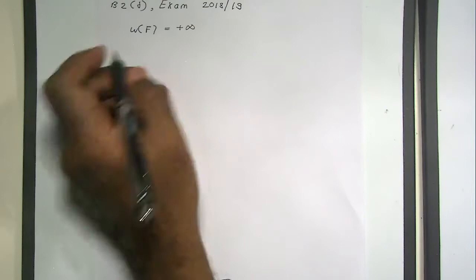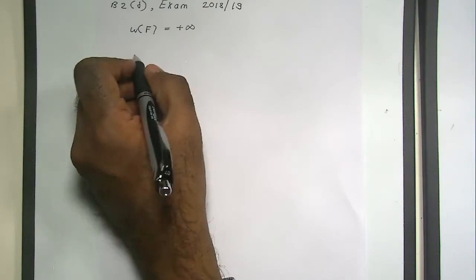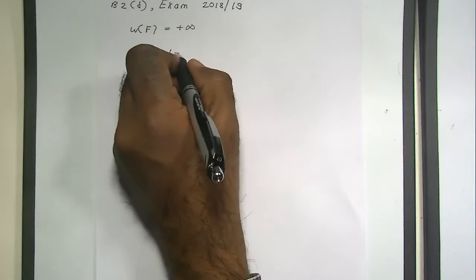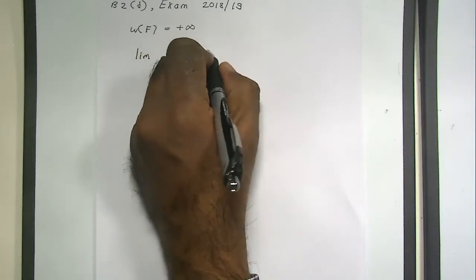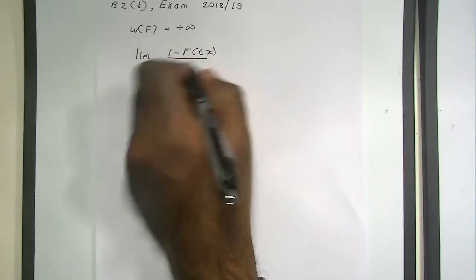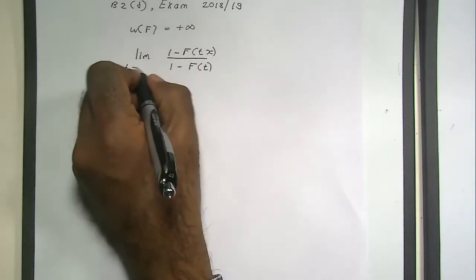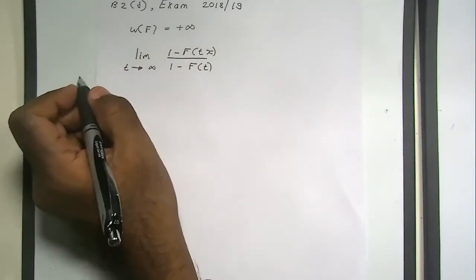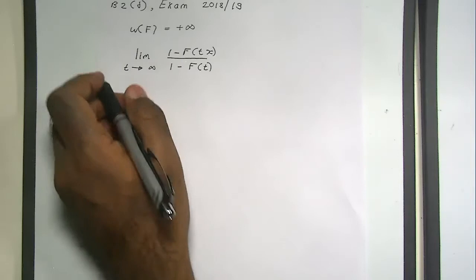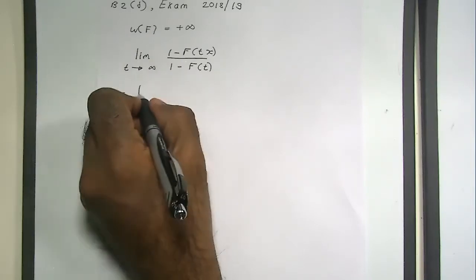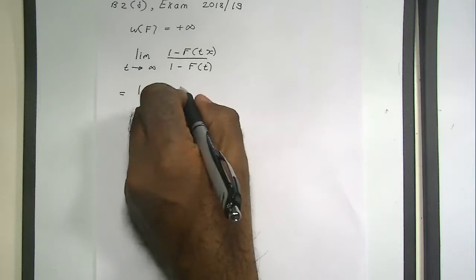But I have a hunch, let's go with condition 2 first, because I feel that it may be satisfied. Looking at a CDF, you may be able to guess sometimes which condition is satisfied. So this will be the limit of 1 minus